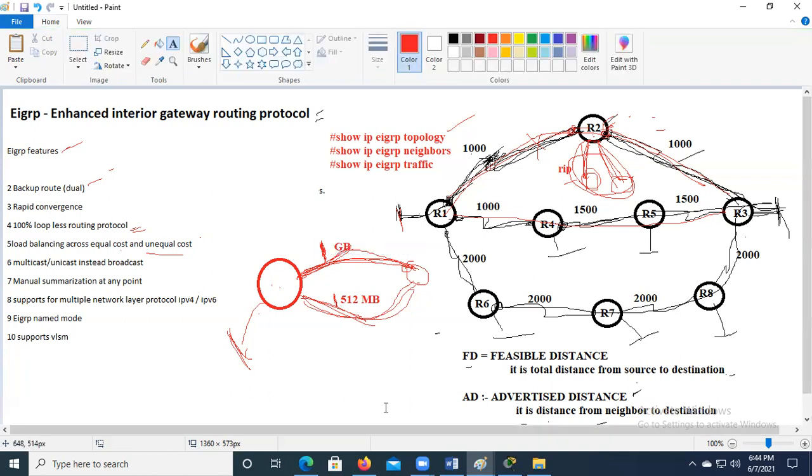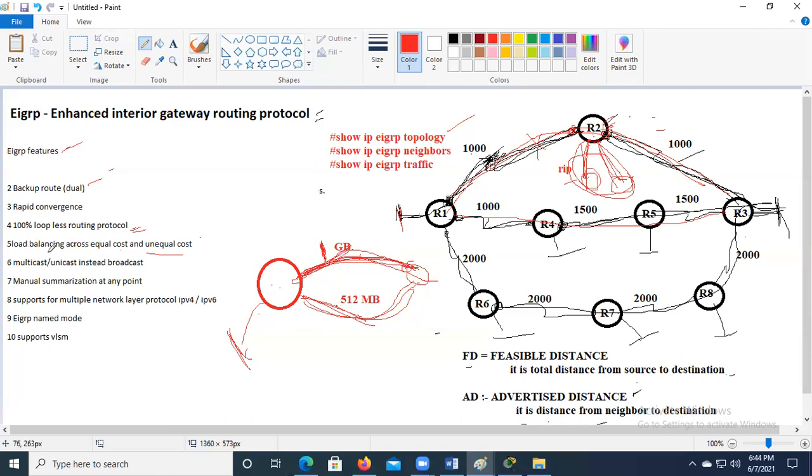Is 512 MB good or 1 GB good? Nobody is speaking today. 1 GB is good because it has higher bandwidth for sending data. By default, EIGRP also will select the best path based on the higher bandwidth. Bandwidth is the main criterion to select the best path for EIGRP.